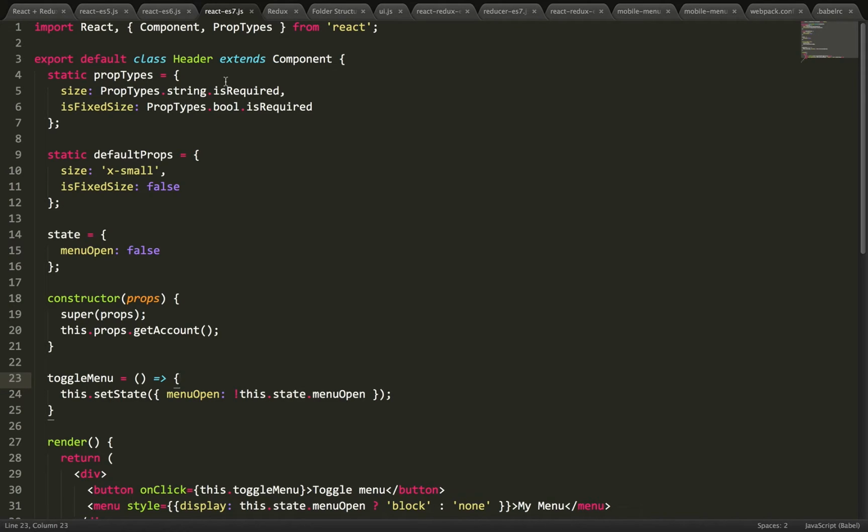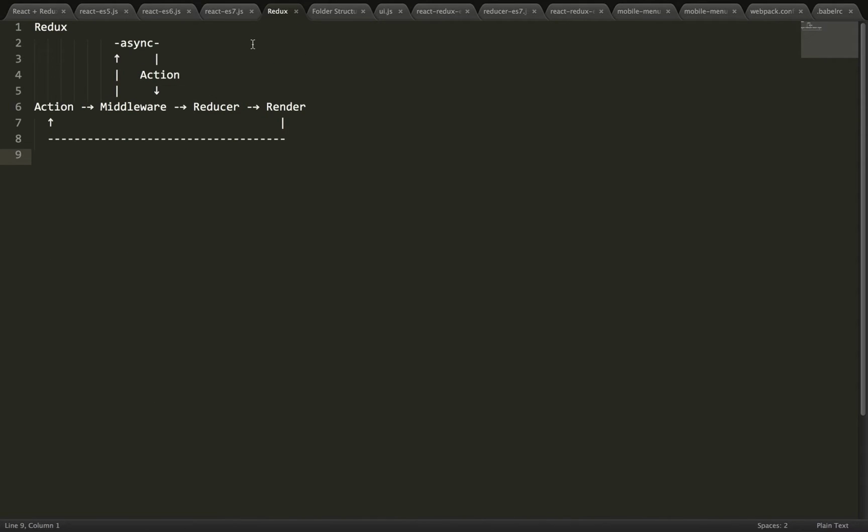Now, I want to talk about Redux next. So Redux, for those of you who don't know it, stands for reducers plus flux, and flux is a state management and data flow model that Facebook came up with, with unidirectional data flow. It just makes things easier to keep track of. And Redux is kind of a variation of that,